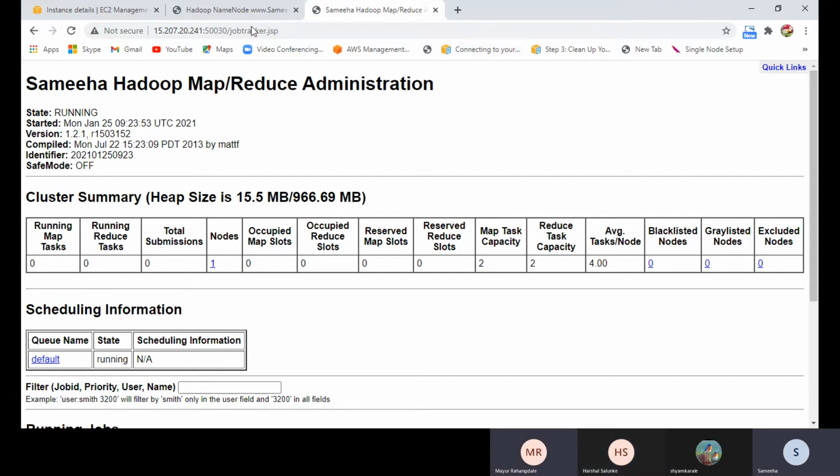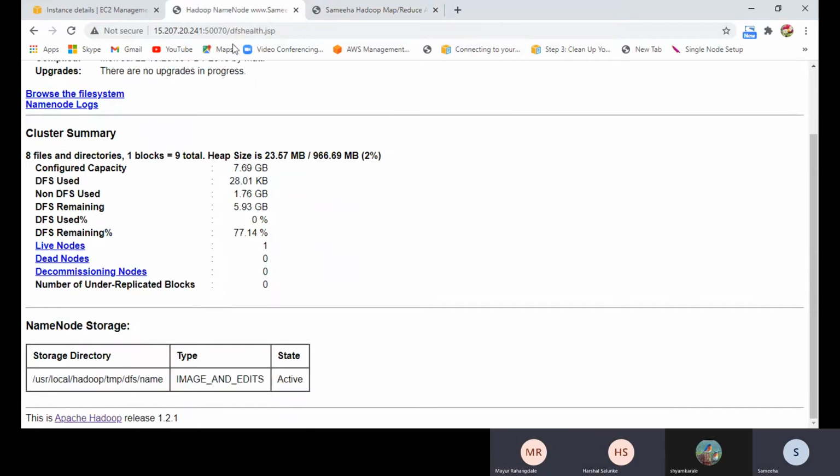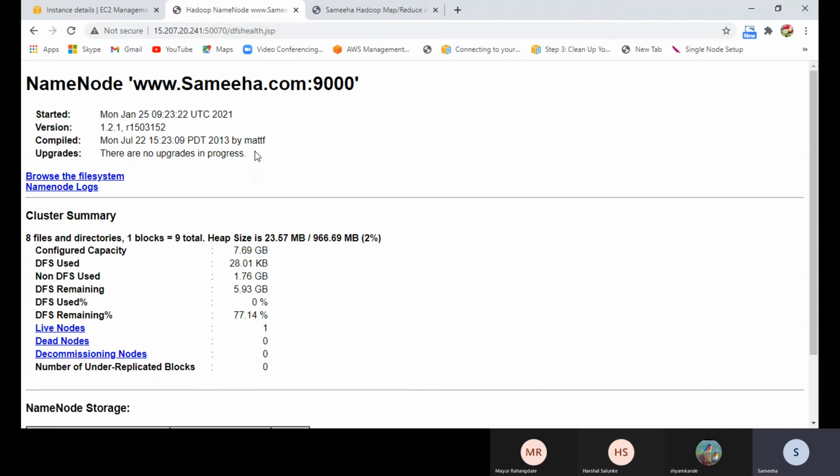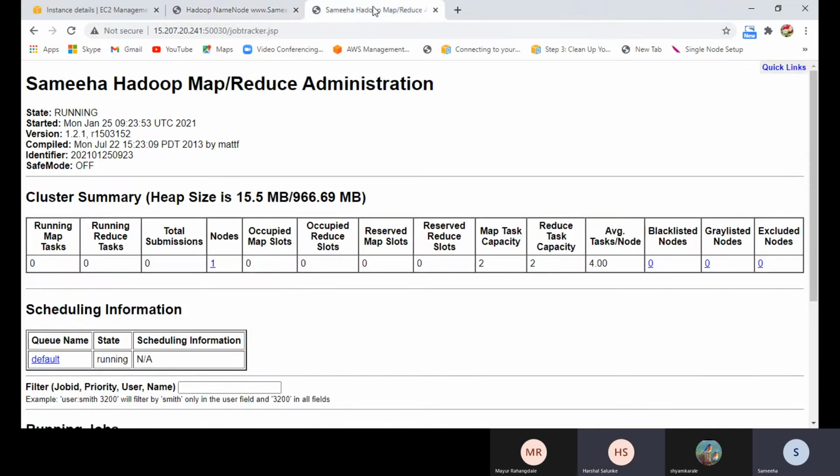Yes, 50075 is for the data node. And 50030 is for the job tracker. Which one? This one? This one is the name node. This one is MapReduce. One minute, go to the...